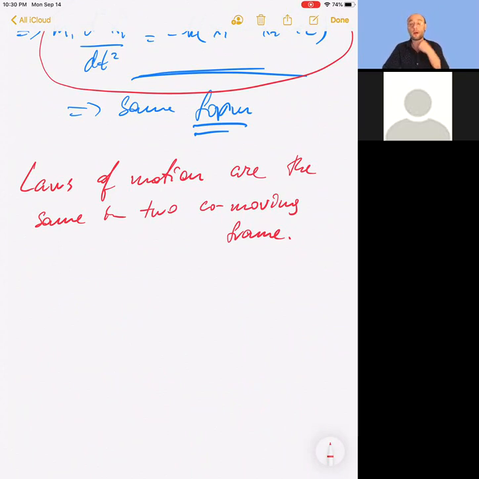Force of Earth on the moon. That force quantifies the strength of interaction between the Earth and the moon. So as long as forces between objects, which generally depend on coordinates of objects, depend specifically only on the difference of coordinates,